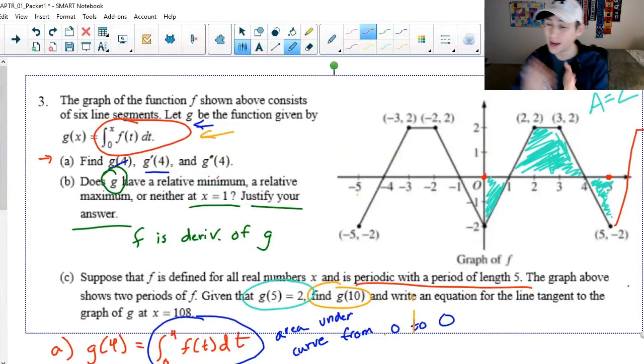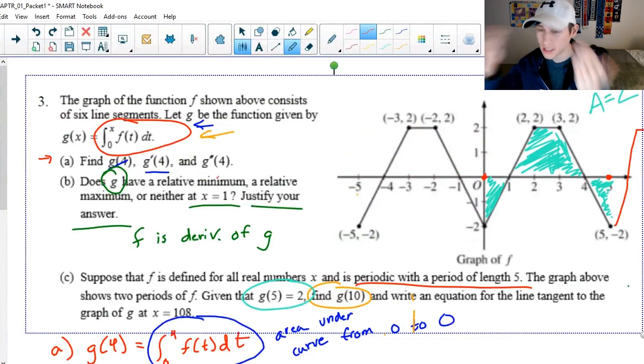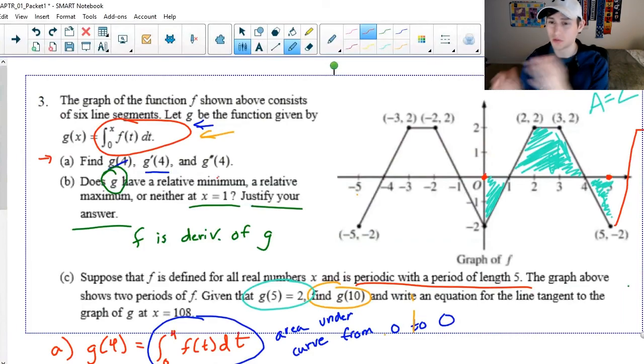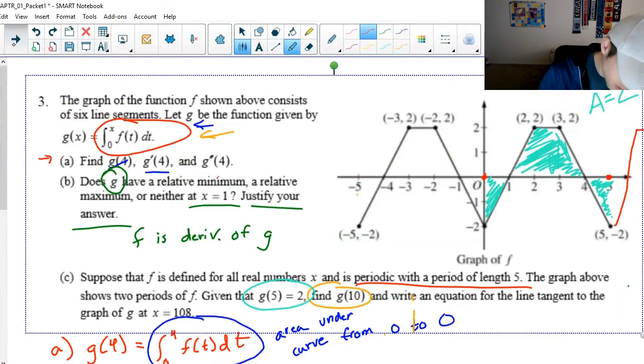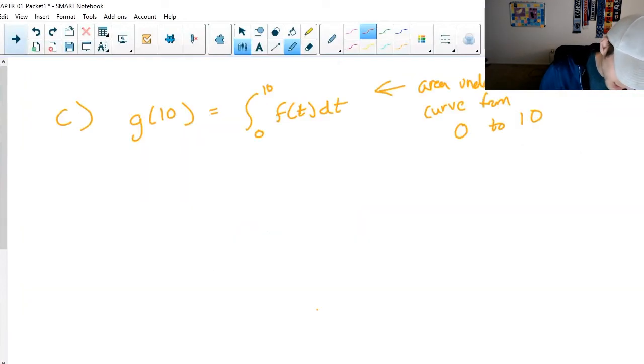So if I want to go from 5 to 10, and I'm thinking about what the area is going to be under that curve, well, it's the same pattern, just repeated again. And 10 is just a multiple of 5. So from 0 to 5 will give me one of the cycles. Then 5 to 10 will just give me another same cycle. So actually, this is just going to be 2